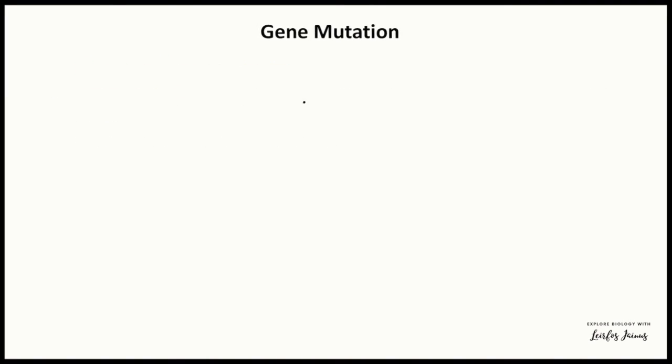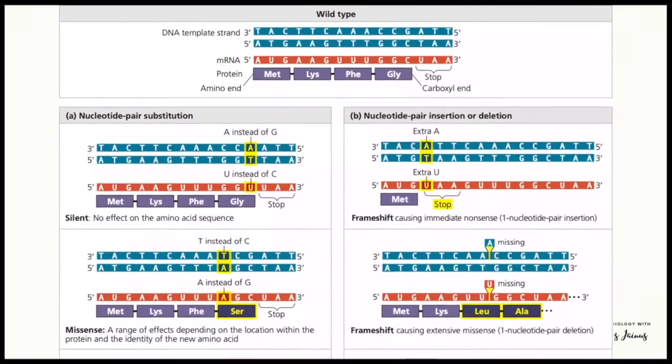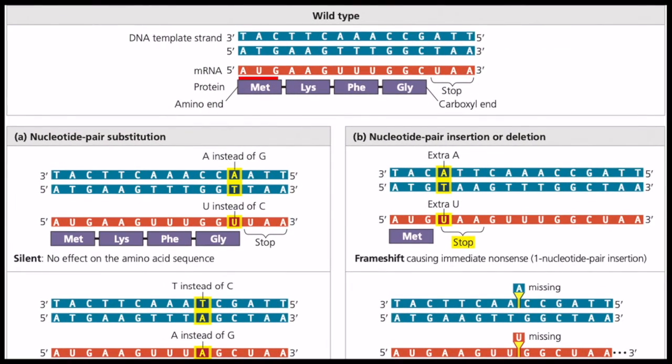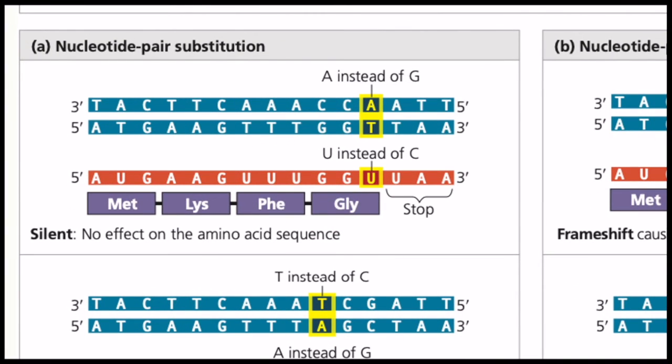Now, let's focus on this diagram to see the effect of gene mutation. First, the normal type of mRNA consists of AUG that will code for methionine, AAG that will code for lysine, UUU that will code for phenylalanine, GGC that will code for glycine, and UAA that will code for stop codon. In base substitution, on the DNA, guanine is substituted by adenine, and on the mRNA, cytosine is